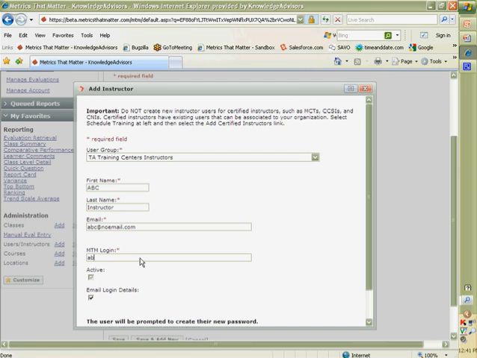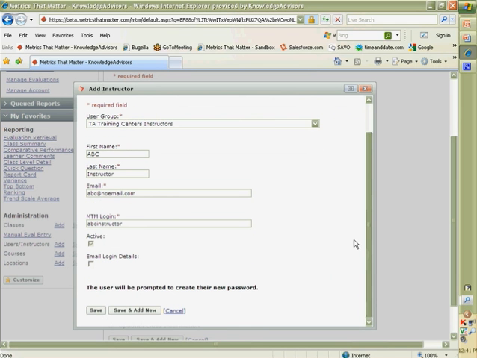If you want to email the instructor their login access directly, keep this checked. They'll then be sent an email from MTM with their login and steps on how to create a password to access the system. If you want to manage that directly, you can uncheck that box and go ahead and click Save. Here you can see the instructor has been added to the list over here